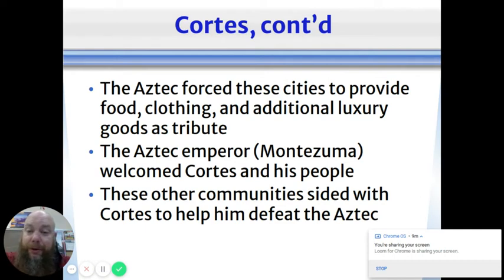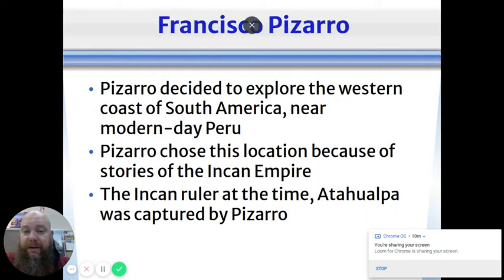he then says, hey, let's get rid of Montezuma and I'll give you your villages back. And then the people in the villages are like, hey, now let's get our villages back. And then they get rid of Montezuma, and he's like, sorry, I'm not really going to give you your villages back. I'm the king now. And so Cortes and basically 500 Spaniards take over most of what we now consider to be Mexico.